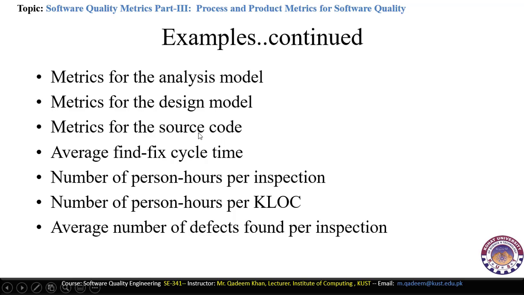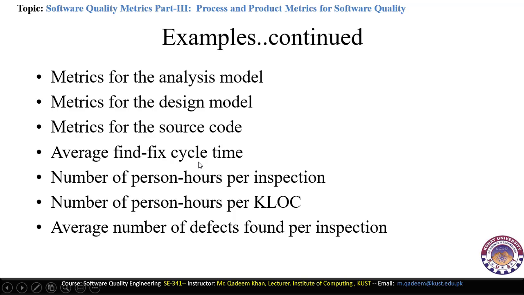For example, lines of code, 1000 lines of code is one of the source code metrics. Similarly, productivity of the programmer is another source code metric. Average find and fix cycle times, the average time to find and then fix is also another example of the software metrics. We have already discussed the maintenance metrics in our previous slides. So these are different sorts of metrics which will identify certain errors, and then these errors are fixed, then